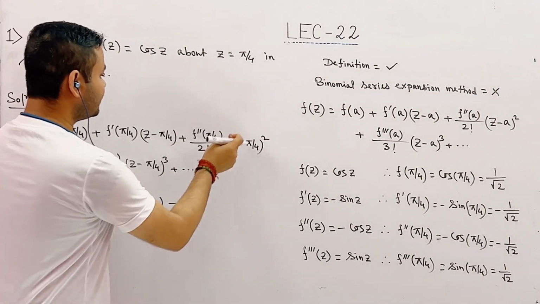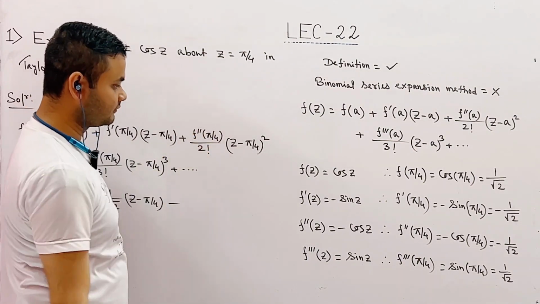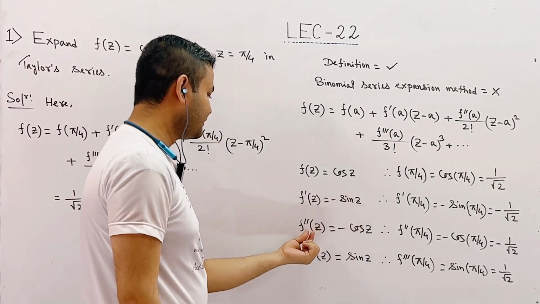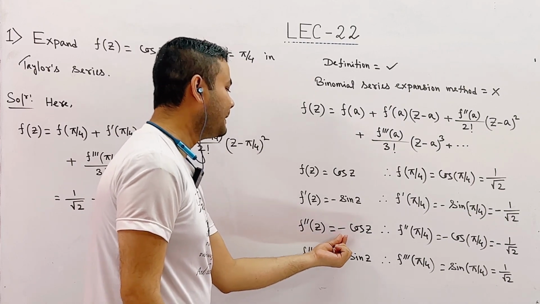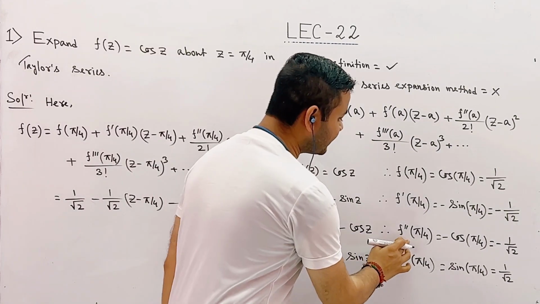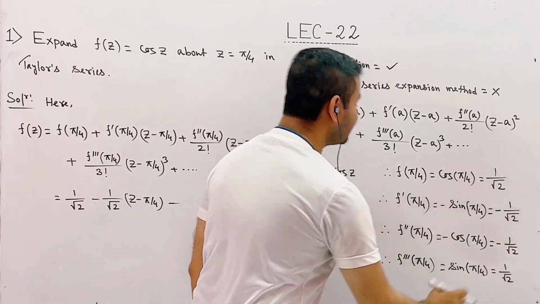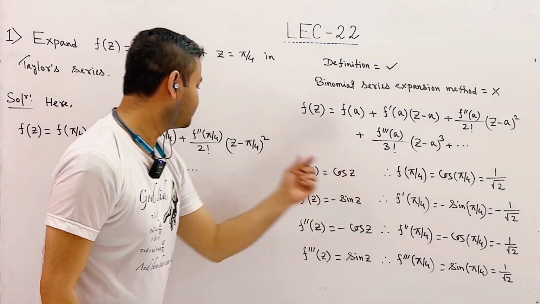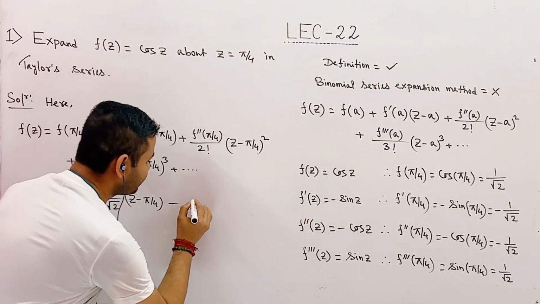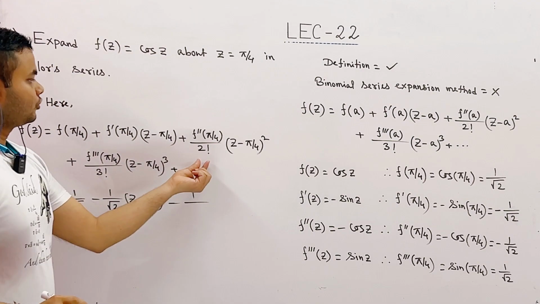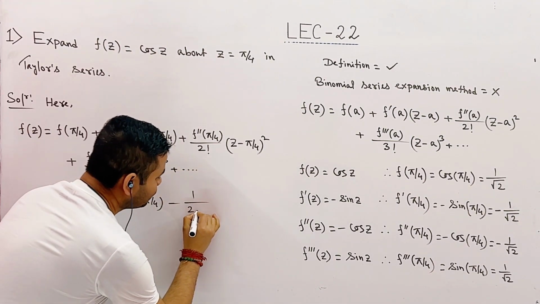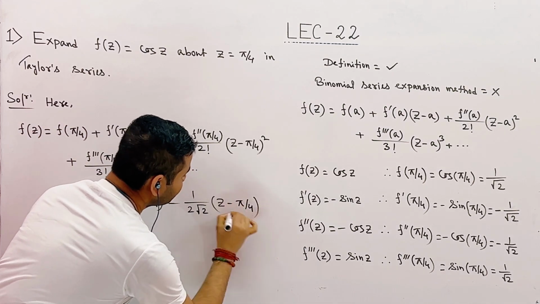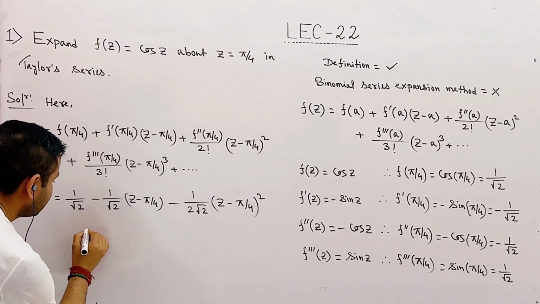Now let us find out the value of f double prime pi by 4. Students, since f prime z is equal to minus sin z, so therefore f double prime z will be minus cos z. So therefore f double prime pi by 4 will be minus 1 by root 2. Now let us substitute the value of f double prime pi by 4 here. So finally we will get minus 1 by 2 factorial means 2 root 2 into z minus pi by 4 whole square plus